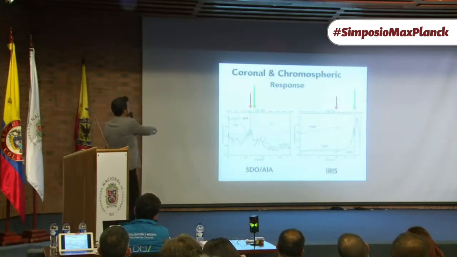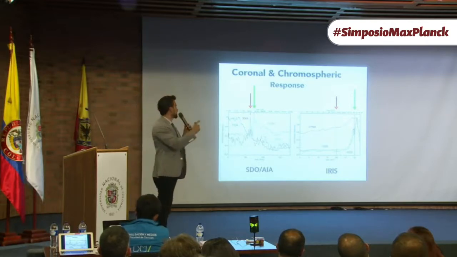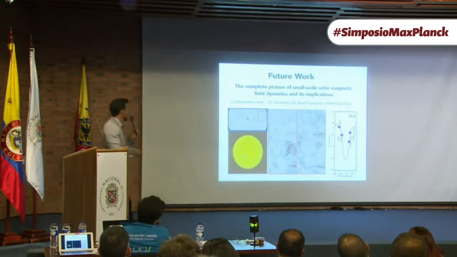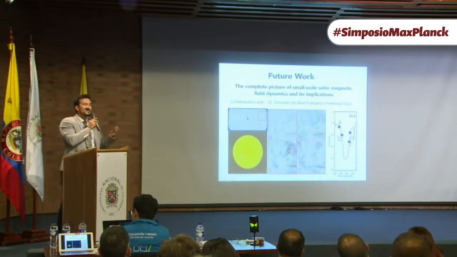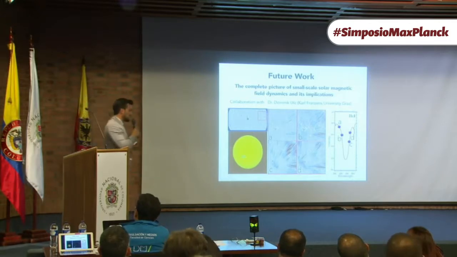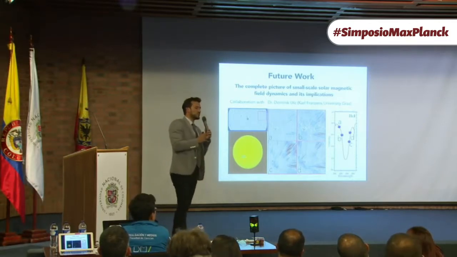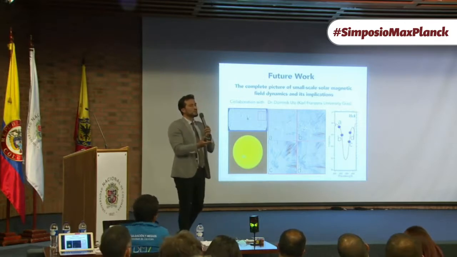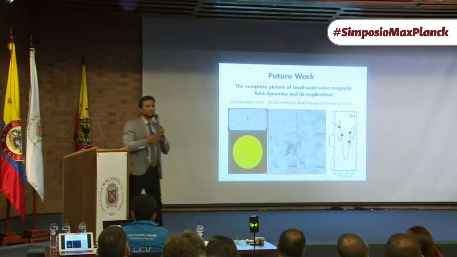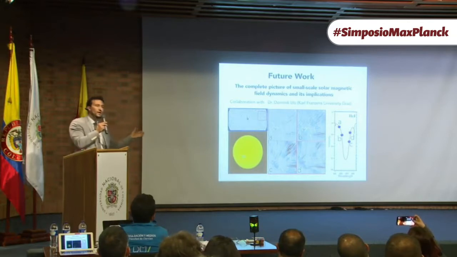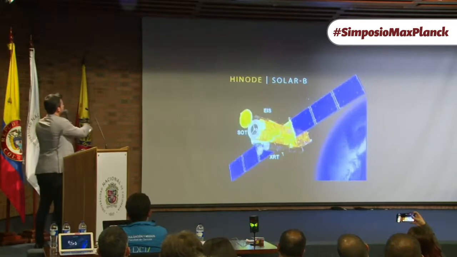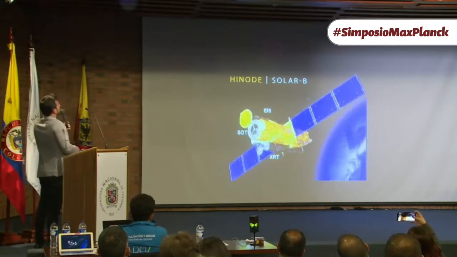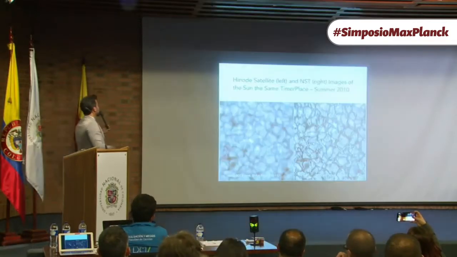Okay, so this is basically what we do, is try to mask these areas and plot these light curves and see how they vary. Future work, we are still working on these small features, because we know, the community knows, that if the sun is at minimum, you still have this coronal heating problem. So it's not only exclusive when you have an active sun, but also when the sun is quiet, you have these big changes in temperature. You also have this very nice satellite, which was launched in 2006.